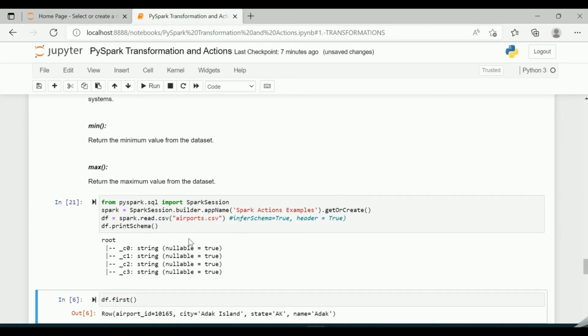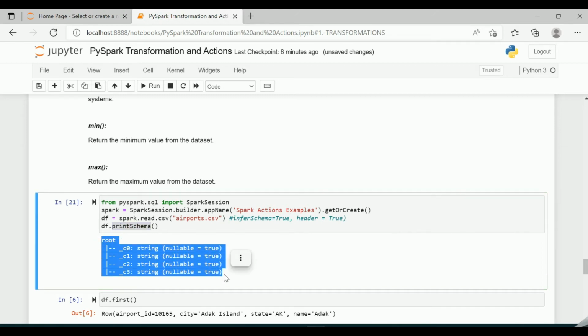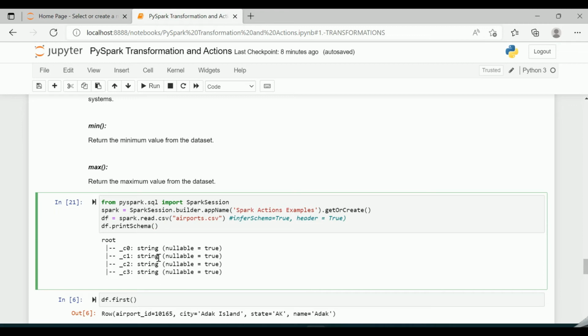Okay. So the Spark object is created, and using the Spark object, the airports.csv file is imported and it is put into the data frame. So this printSchema is helpful for us to print the schema. Okay. So here if you see, there are four different columns without any names, and everything is identified as a string column. Okay. And if you want to infer the schema automatically by itself, then you can give